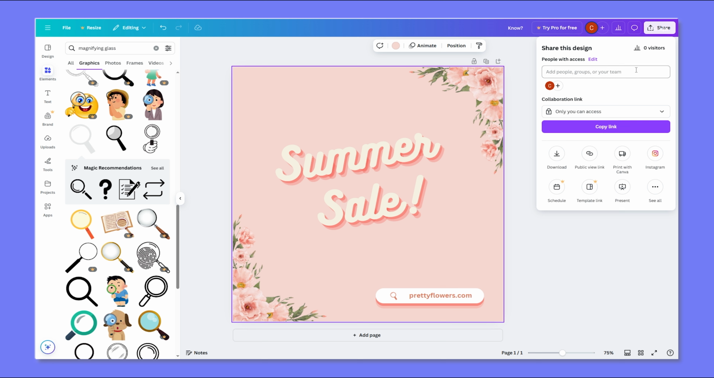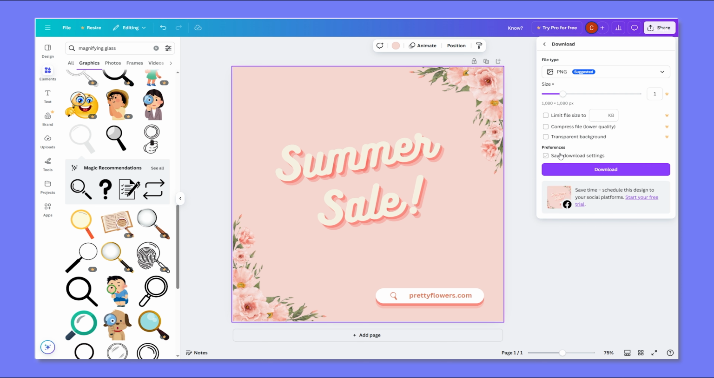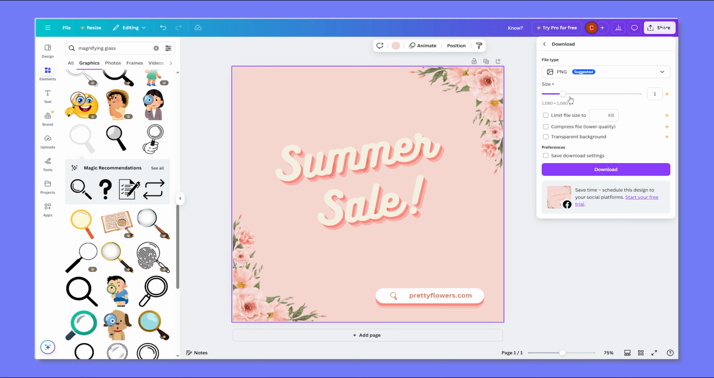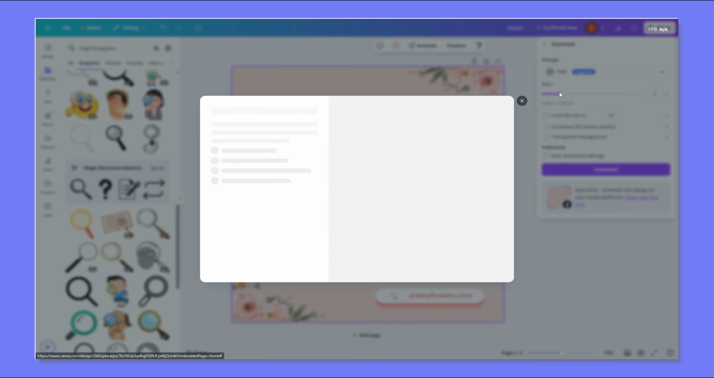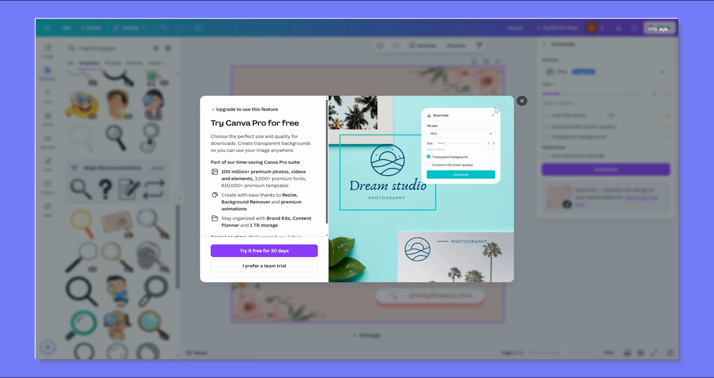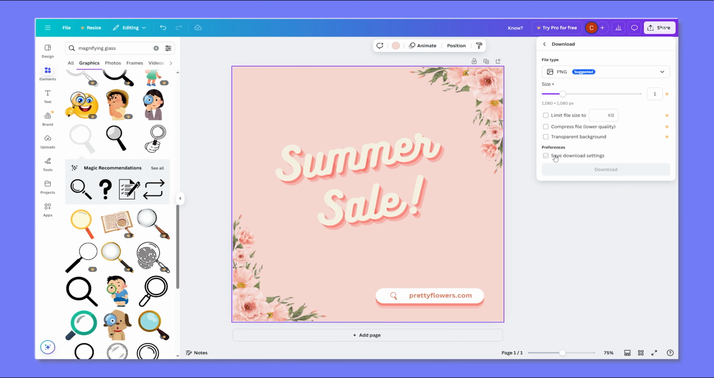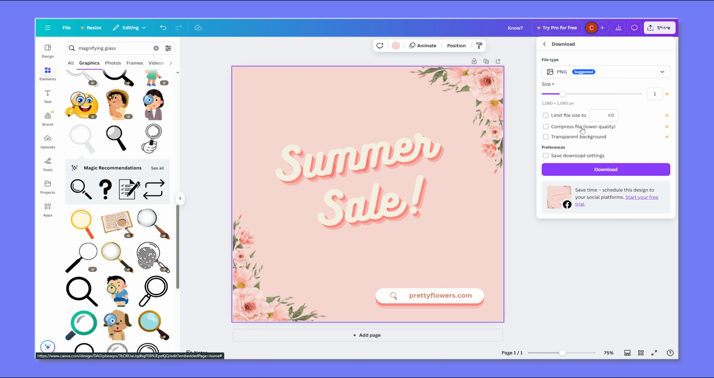But in this case, what you want to do is to download the design. So click the download button here. Then you want to select the file type. In this case, we're just going to go with the suggestion, which is PNG. You could change the size of this if you have a Pro account, but again, we're not using Pro right now, so these are actually not available to you. So just go ahead from here and click download,